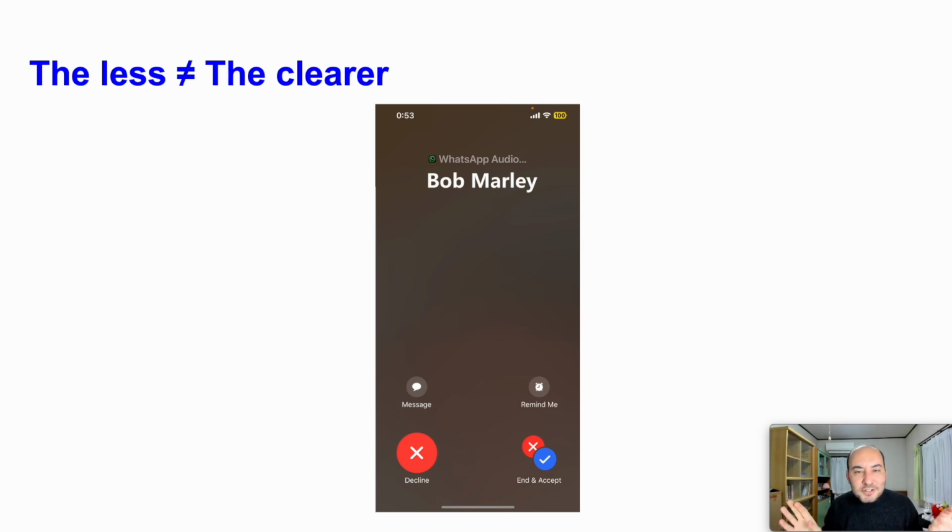So I mean it is not clear for me. End and accept actually means end the previous one and accept the incoming one. But at first when I saw this screen, I didn't know what I had to do. And even the places of the buttons, right? For example, if you are used to clicking the one on the left side, then you can accidentally click decline even if you want to accept the new one, or the other way around, even if you want to end the